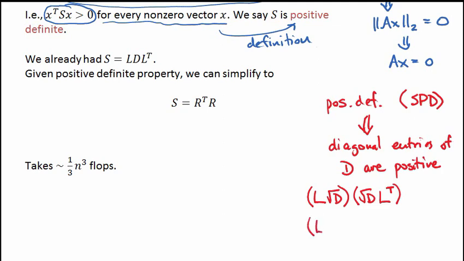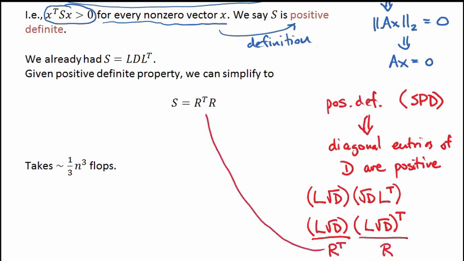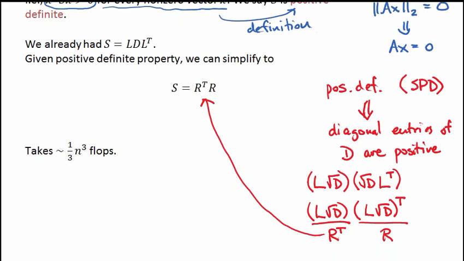And then we see that, okay, if we reverse the order, take the transpose out, a diagonal matrix is its own transpose already, so that justifies that line. And then we can see that if we call this matrix now R transpose, then this matrix must be R. And we can write that S is equal to R transpose R, where now R, because L was unit lower triangular,